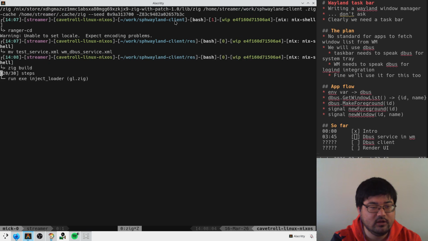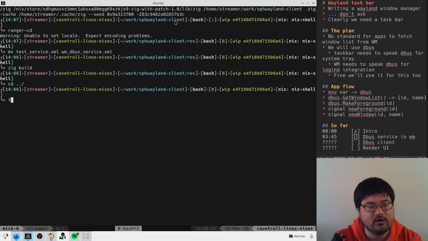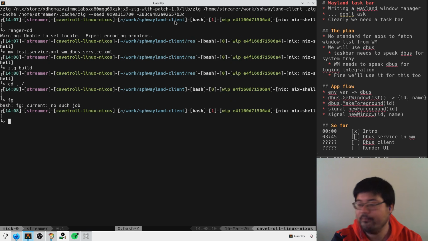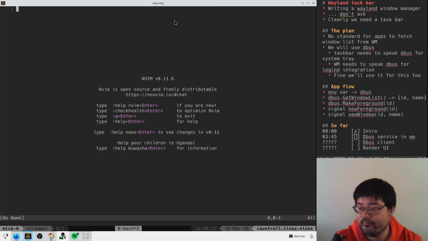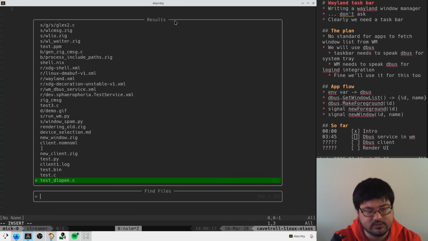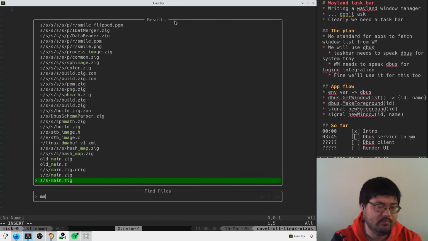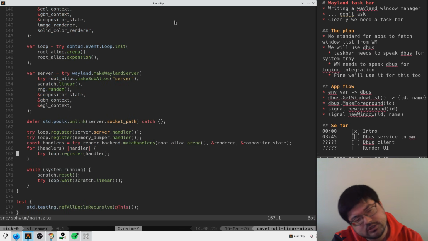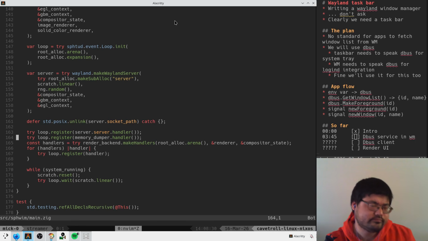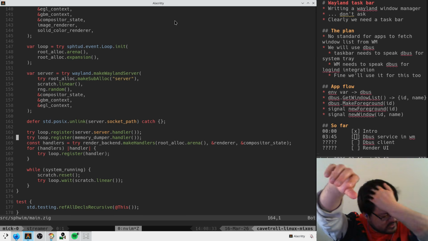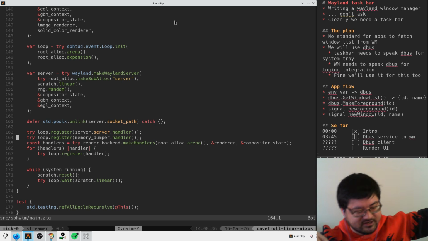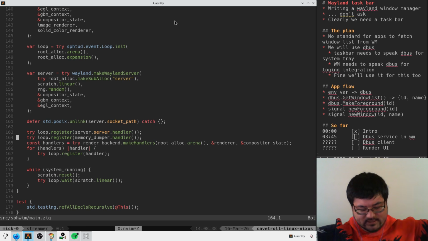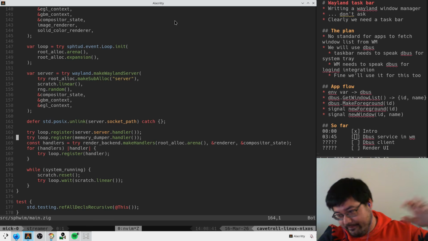And now does it compile? Oh, we're compiling right now? Cool, so we compile. And what are we looking for? I guess we go into our main somewhere. This is going to want to register with the event loop something related to the Dbus service, right? So, the way that our event loop works at this point in time, we have a refactor that we worked on in the past 3 months that makes this a lot cleaner. But at this point in time,